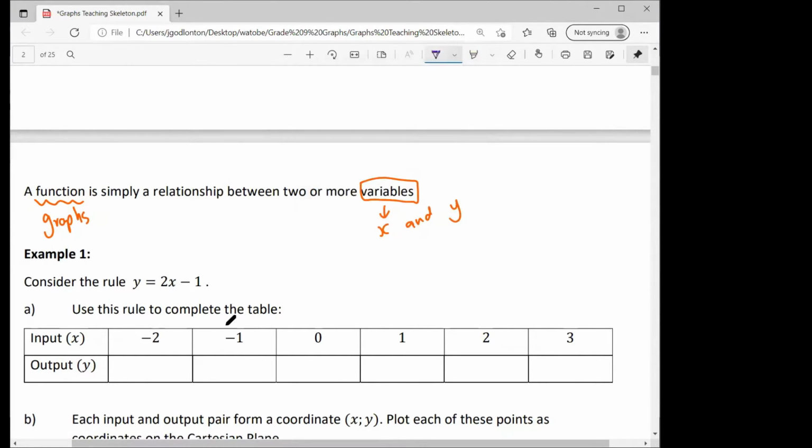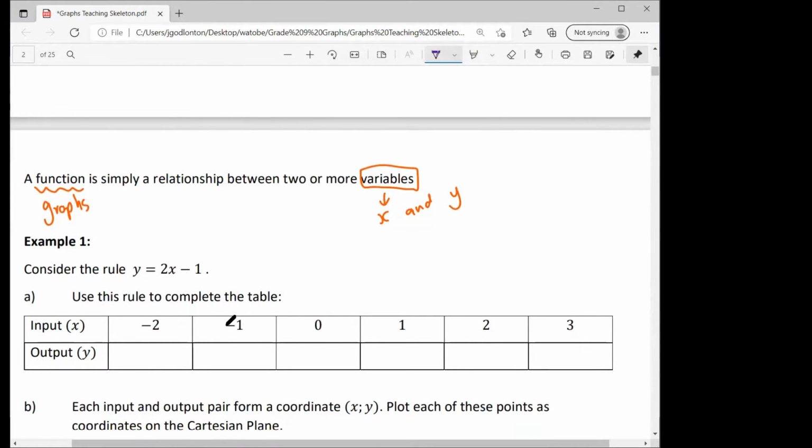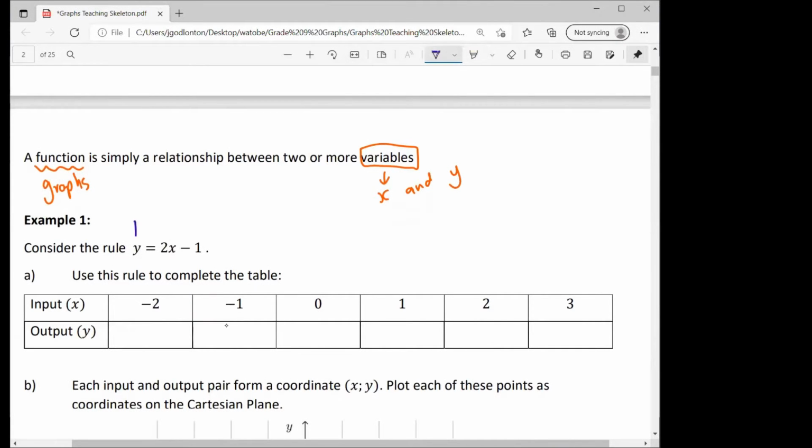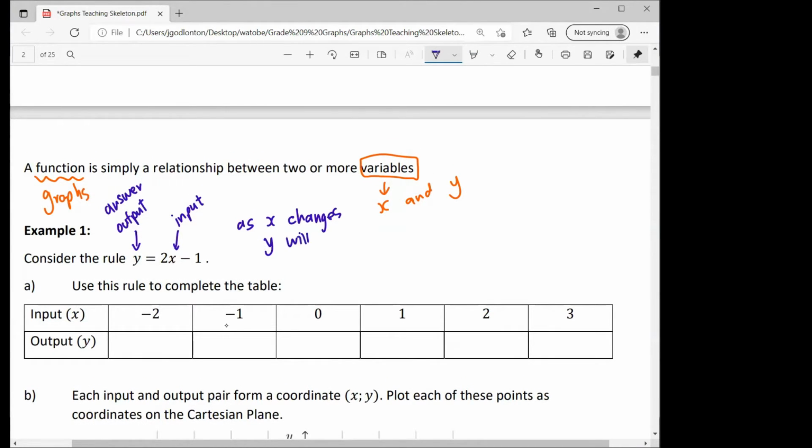So let's start. Consider the rule y equals 2x minus 1. Okay, now when we're looking at this, our y becomes our output. So our answer, it's another way of saying our answer, and our x value is our input. So as x changes, y is going to change. They have a relationship with each other. So let's actually just write that in. So as x changes, y will change. They rely on each other, and for every x value, there will be a specific y value,